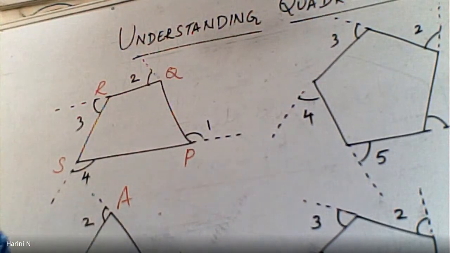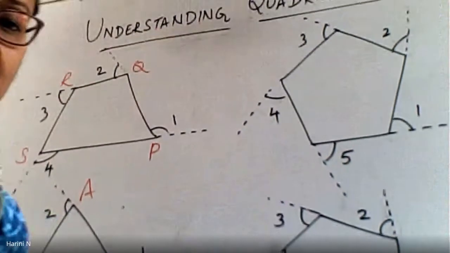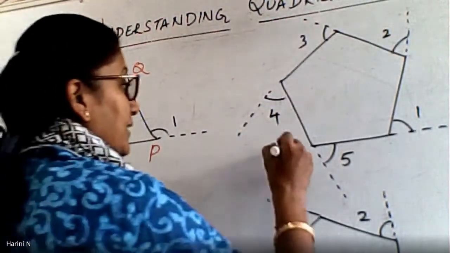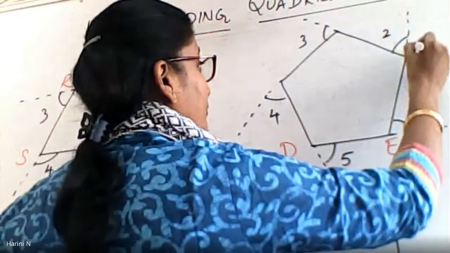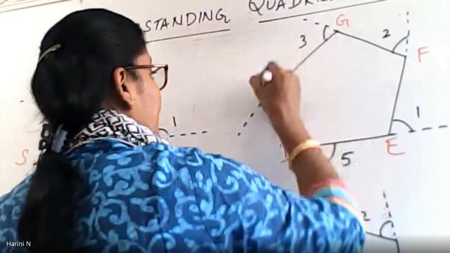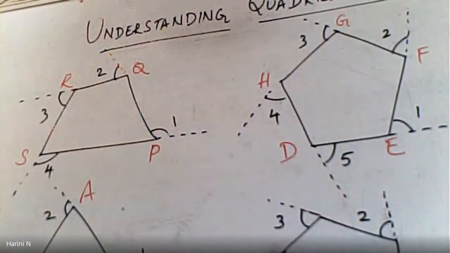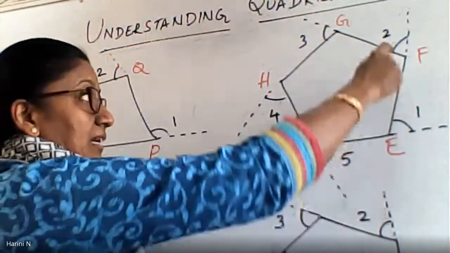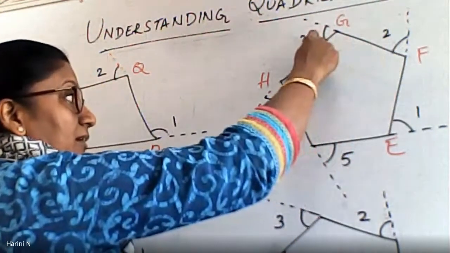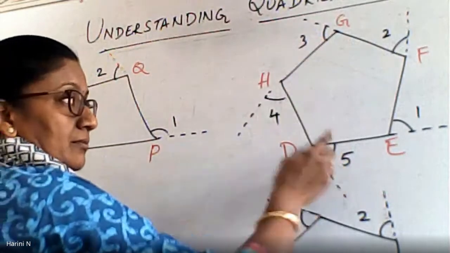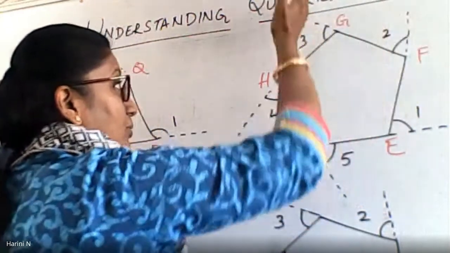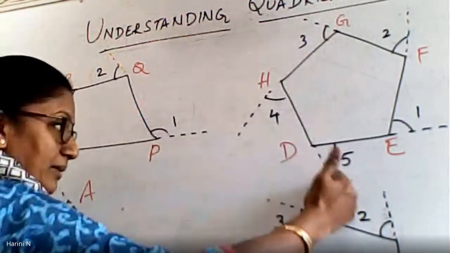In the same way I have shown you for a pentagon also. Can you see? A 5-sided figure. That also we will name, say D, E, F, G and H. So this is your pentagon. So same way I started. First exterior angle, second one, third one, fourth one and the fifth one. The scale must be kept like this, on this side. Come like this and come like that.